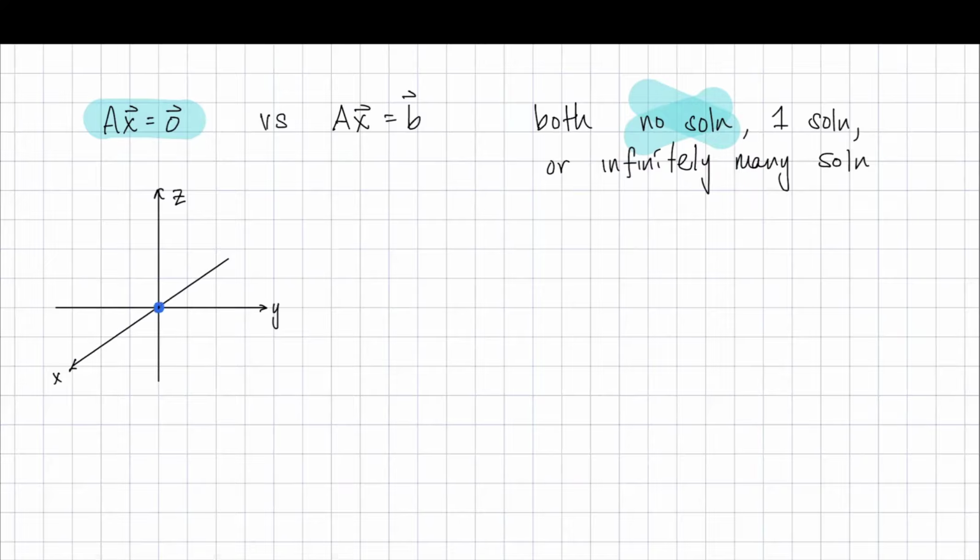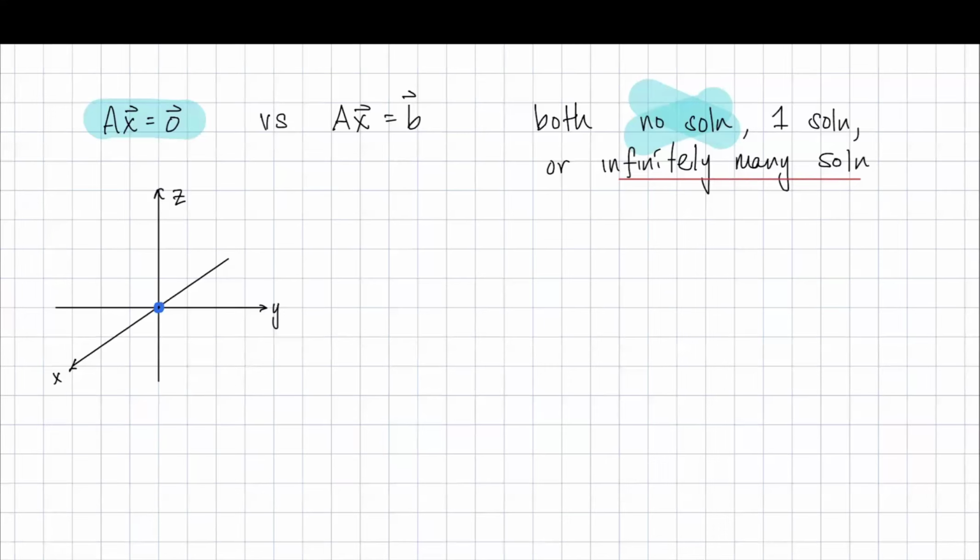That would be the only possibility. But as you then move on to infinitely many solutions, the geometry starts to get more interesting. So we already know that 0 is going to be a solution no matter what for the homogeneous